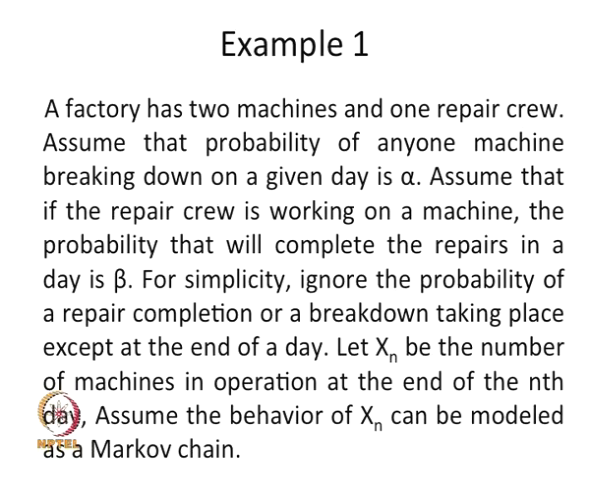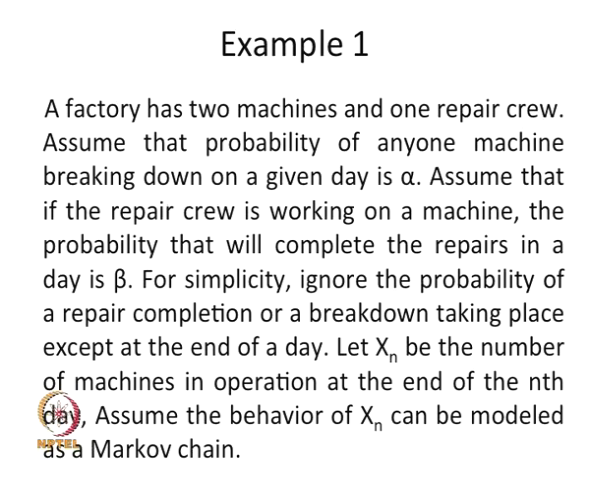The random variable X n denotes how many machines are in operation at the end of the day. Therefore, since we have 2 machines, the possible values of X n will be 0, 1 or 2. So, this will form a state space capital S. S consists of the elements 0, 1 and 2, and X n over n is going to form a